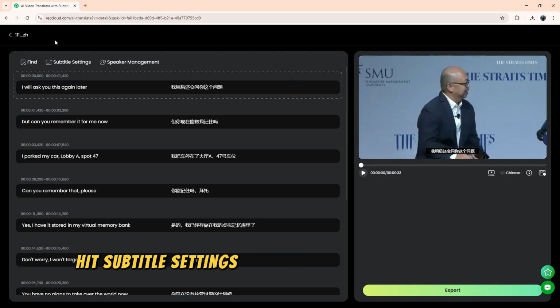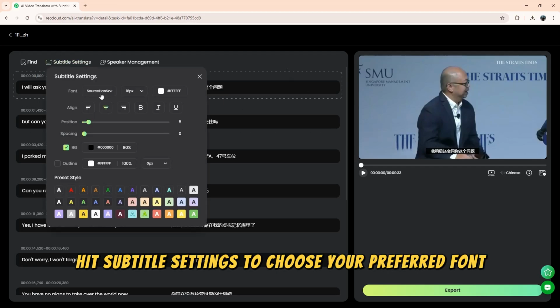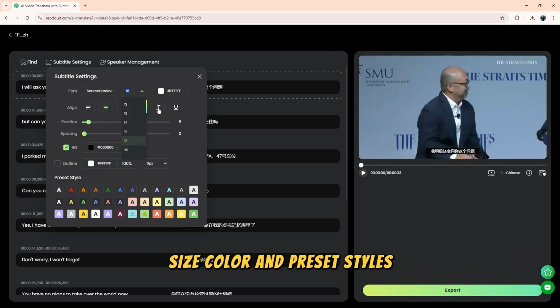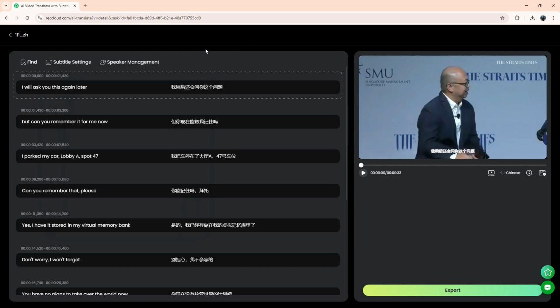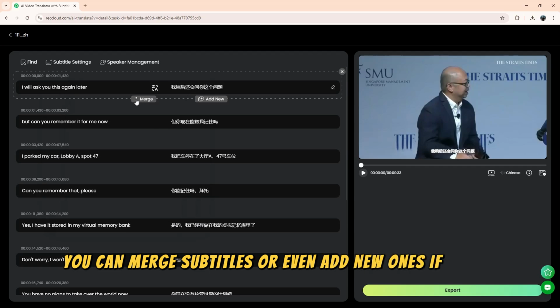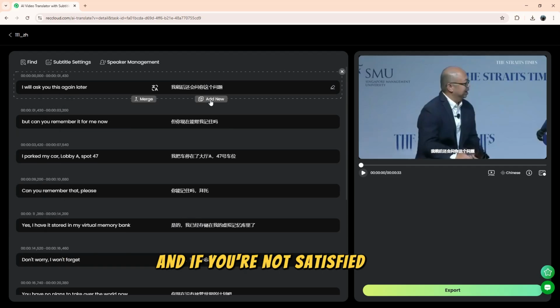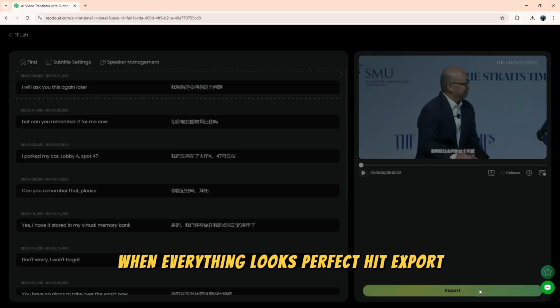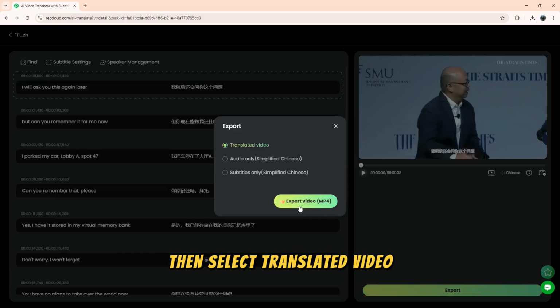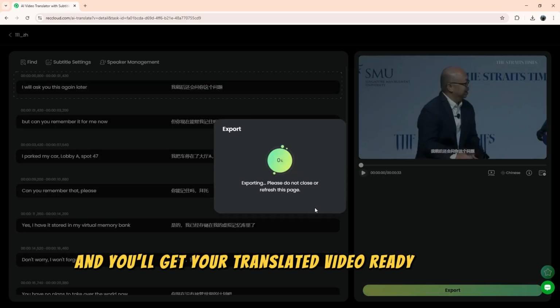Then hit Subtitle Settings to choose your preferred font, size, color, and preset styles. Besides that, you can merge subtitles or even add new ones if needed. And if you're not satisfied with the translation of a specific part, click the Retranslation button to fine-tune the translation. When everything looks perfect, hit Export, then select Translated Video, and you'll get your translated video ready to share or